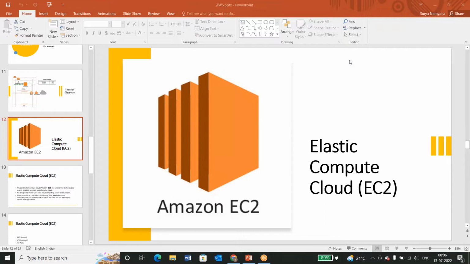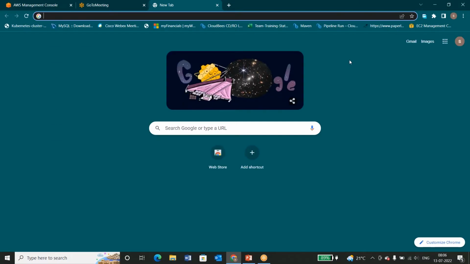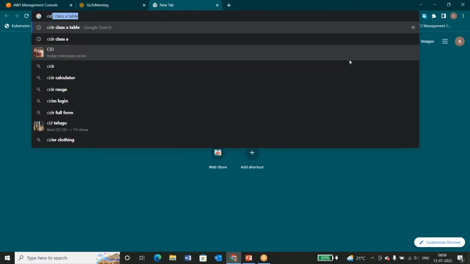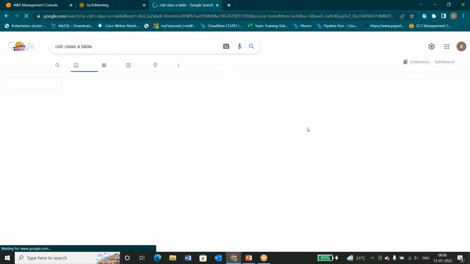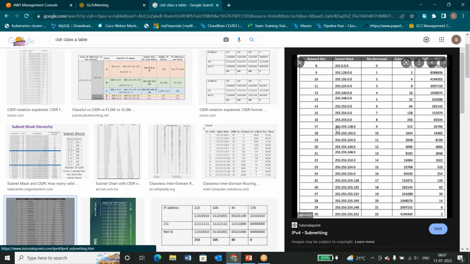I have a question, Surya Garu. When I was creating the CIDR block, I tried giving under class 17, like 10.0.20.0. It didn't take. May I know the reason? Okay, so you have given class 20. Or let me see, class 17, oh sorry, it's class 17. Okay, let me open the CIDR class table. Class 17, in the sense